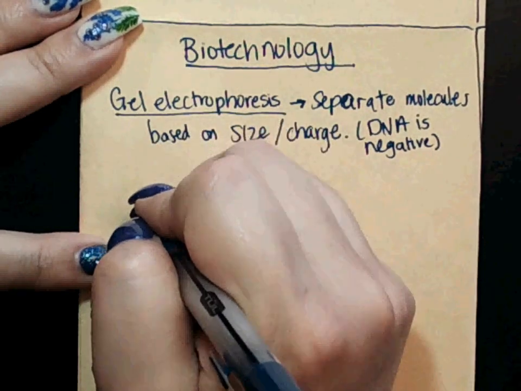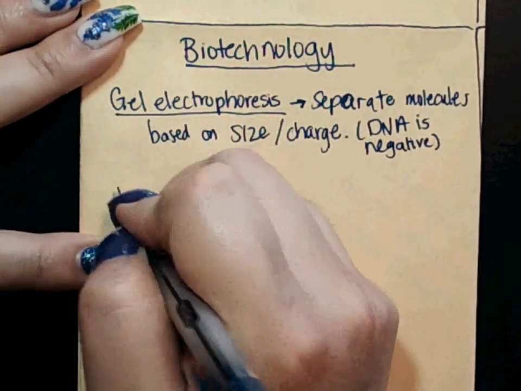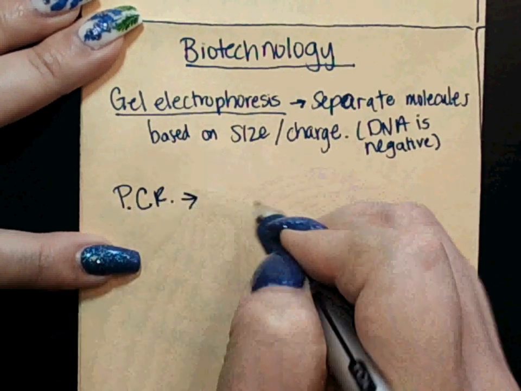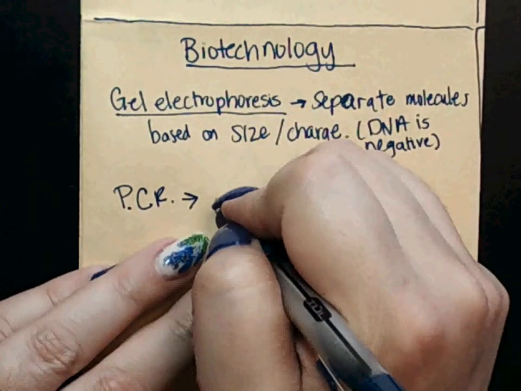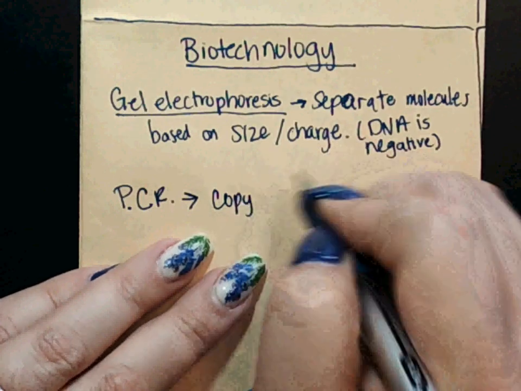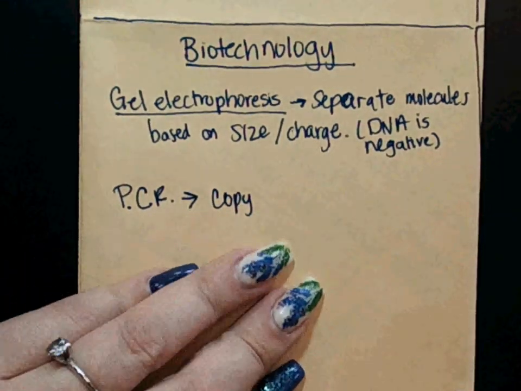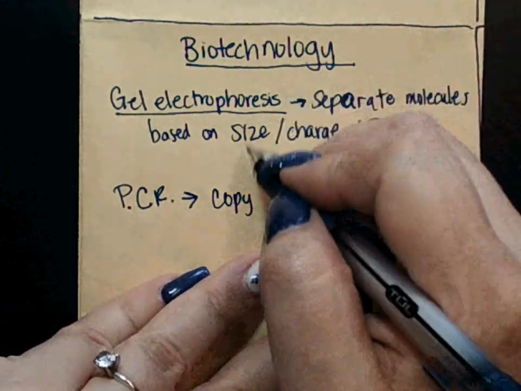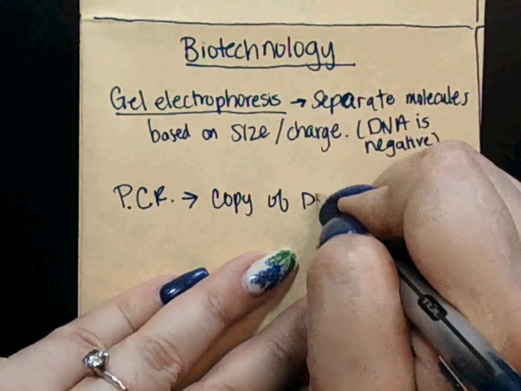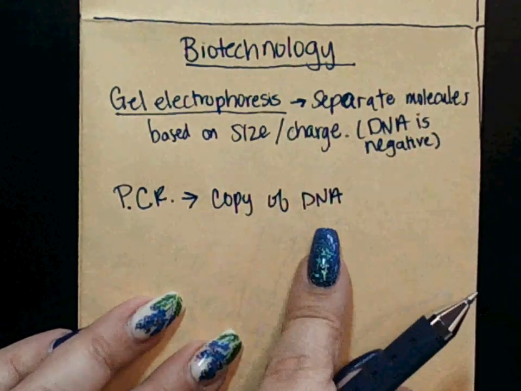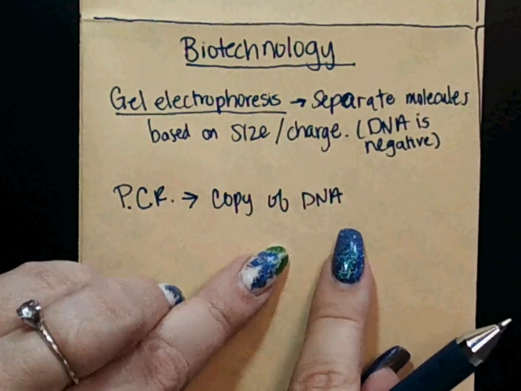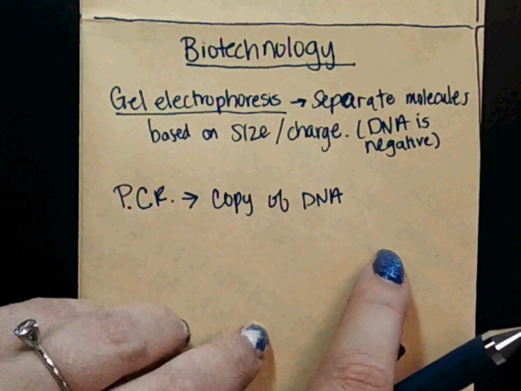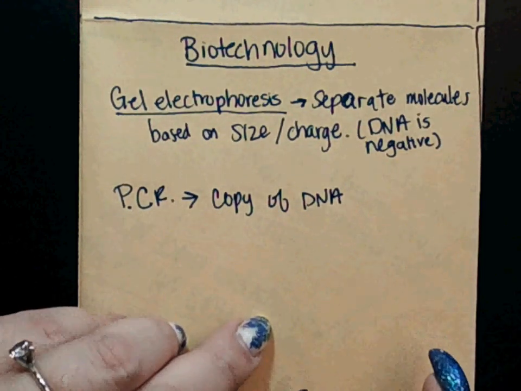The next type of biotechnology that I want to talk about is polymerase chain reaction, PCR. In this case, you could think of it as a copy machine for making copies of small fragments of DNA, usually DNA you would find at a crime scene. But the thing about PCR, when you're making the copy of the DNA, is you're going to use something called a thermocycler. With the thermocycler, it's going to use heat to separate the two strands of the